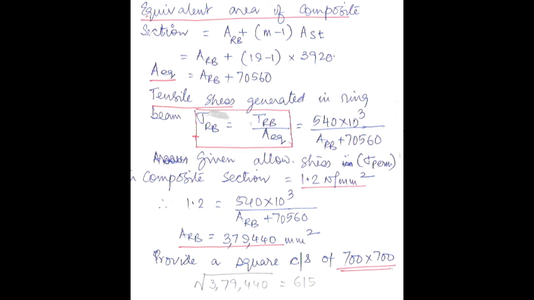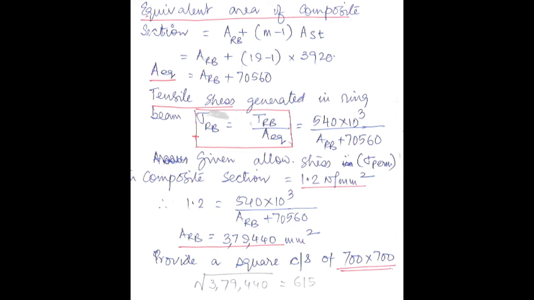Now, given the allowable stress, that is sigma permissible in the composite section is 1.2 Newton per mm square. This is given. So sigma RB value we will put as 1.2 because that is the allowable stress. So from here we are getting the area of the ring beam ARB equal to